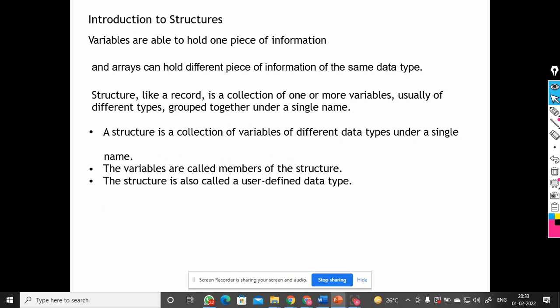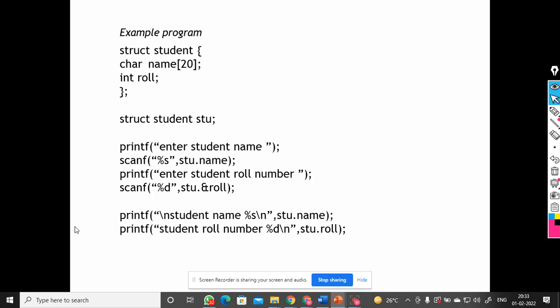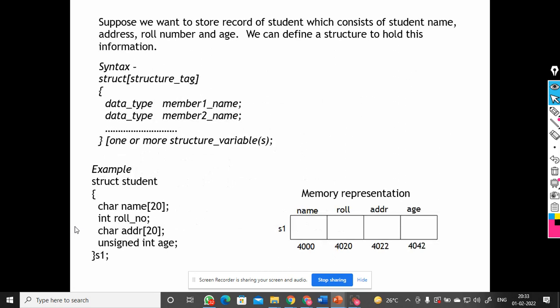So to maintain records, as I said, of employees, students, or inventory records, sales records, and all kinds of things. A structure is a collection of variables of different data types, all together pointed to by a single name called the structure name. So it's a user-defined data type, as we know, right? The syntax, if you see,